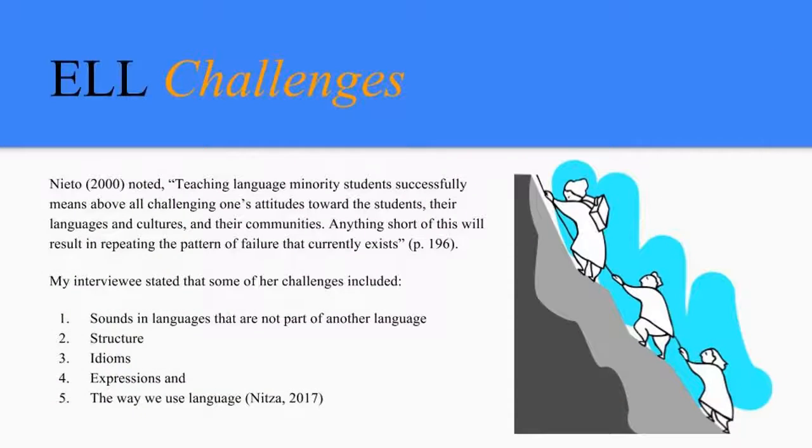I think one of the challenges is that there are sounds in languages that are not part of another language. For example, in Spanish, we have this very hard R, like the word, the name rose is pronounced rosa, or a race would be carrera. And so I know that that's a very troublesome sound for English speakers to pronounce. So if I were to ask you to pronounce that, you would probably not be able to pronounce it, because